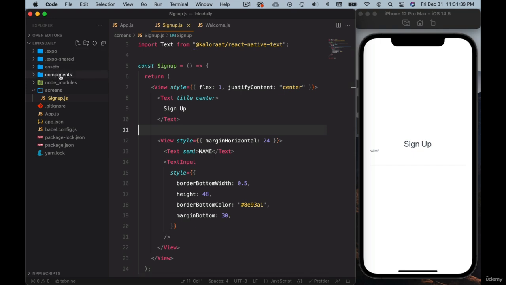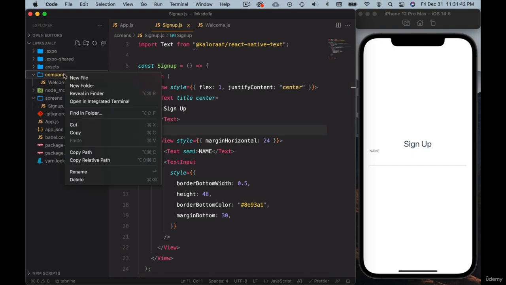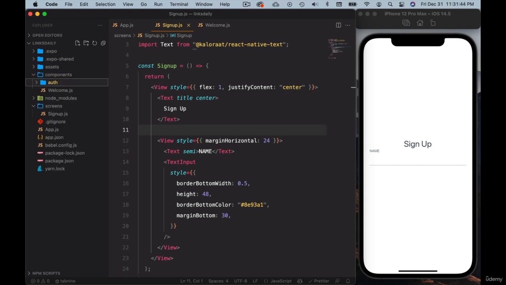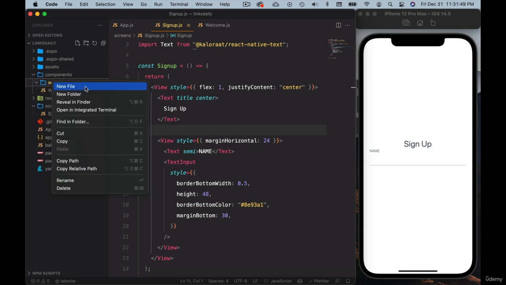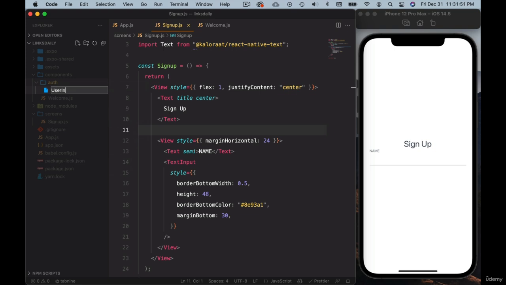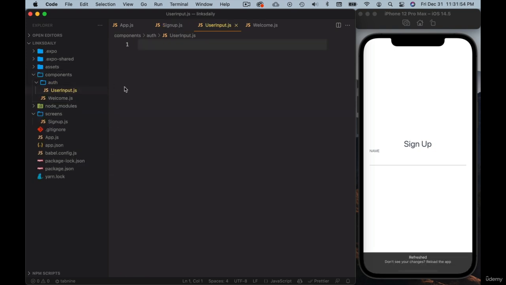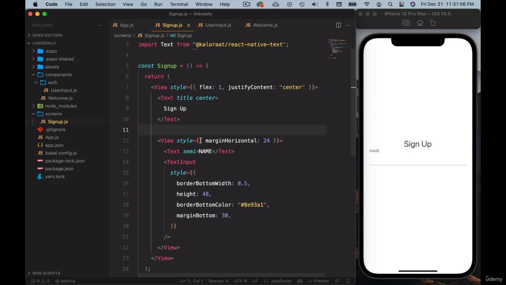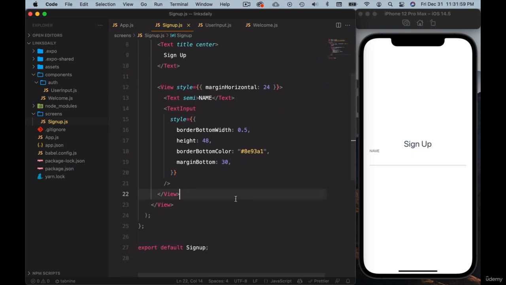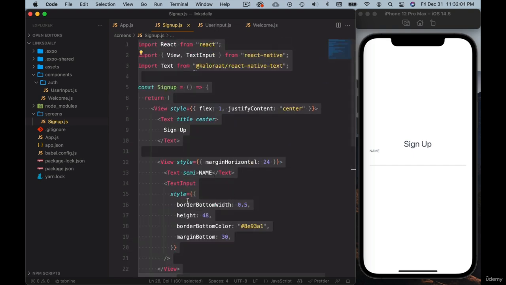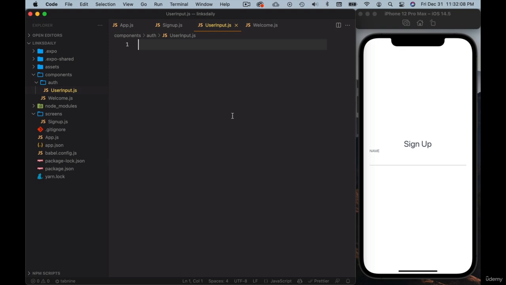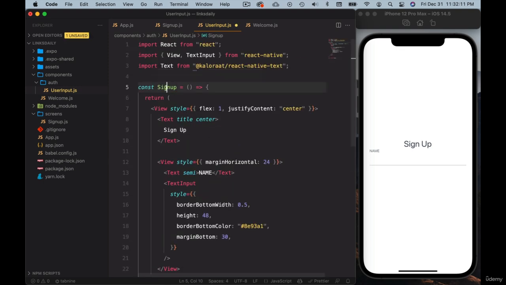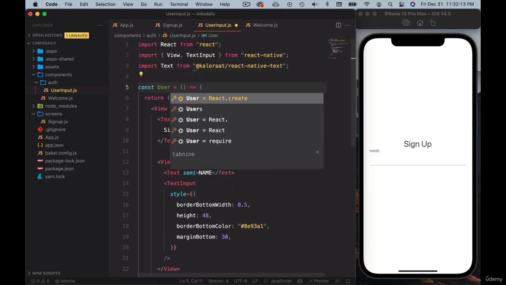So let's create, actually we already have the components folder. So inside, let's create another folder called auth. Here we can put authentication related components, for example, the input, right? So let's call it user input.js. And basically we can copy this code, put it here, and then we're going to delete this one and just import that one and use it here. Okay, so go to user input, paste that code here, and first let's change the name to